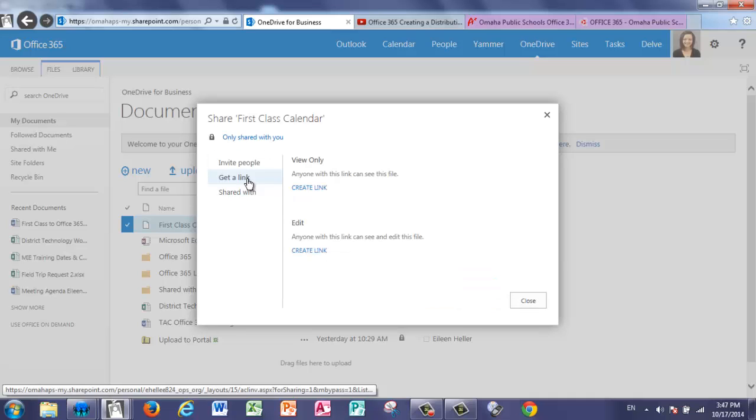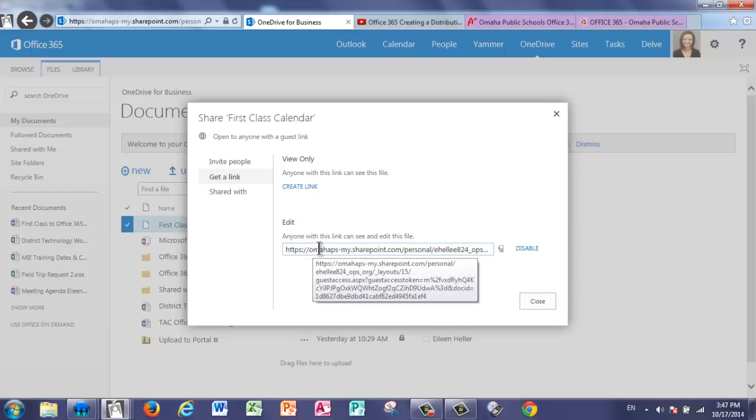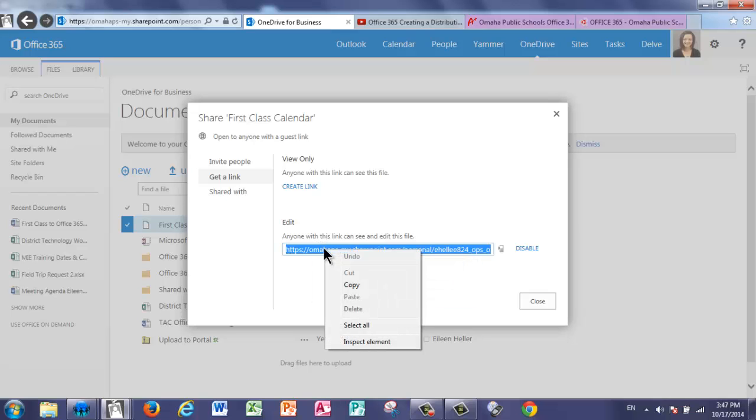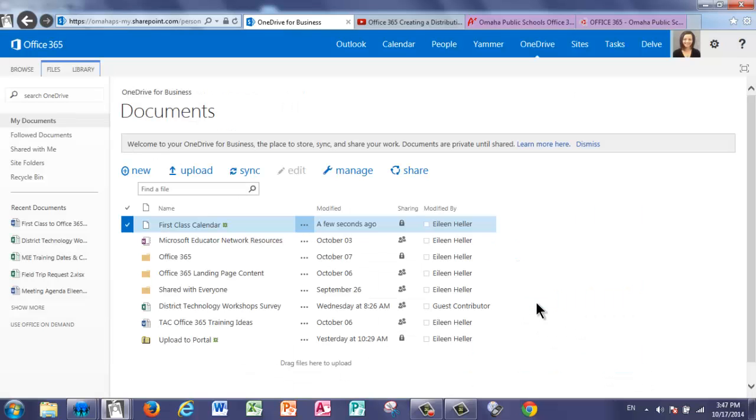It's very important that you go all the way to the bottom under the word Edit and choose Create Link. If you accidentally do the View Only link, it will not work. I'll select Create Link. I have this link that I'm going to copy,